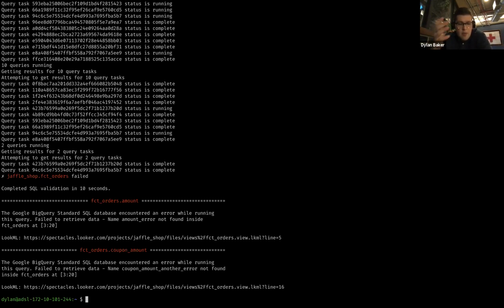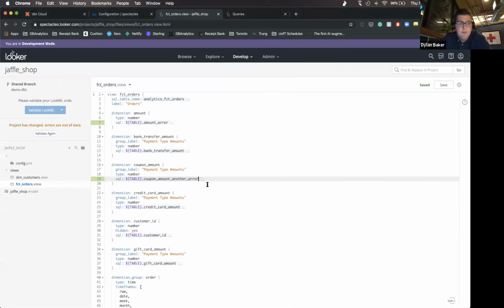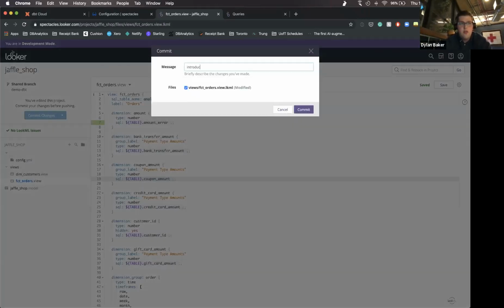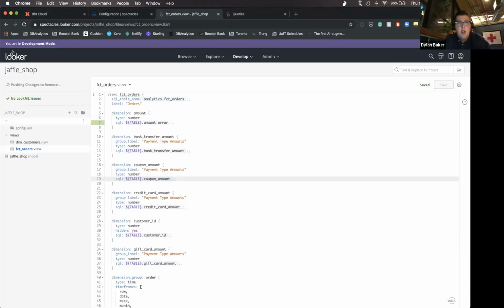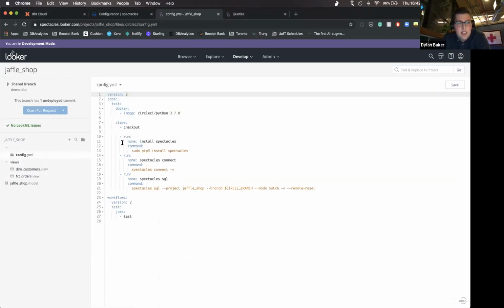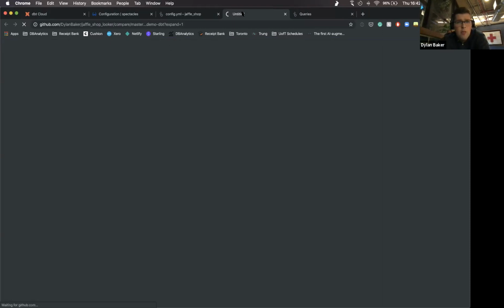So you can run this via your command line in the same way that many people run dbt. Josh and I and other people who are using the tool so far are also using it in CI environments. So say for whatever reason I was making this change and I thought that this column should be called amount error. I'm going to introduce an error. I'm going to commit it. And in here we have a Circle CI file. So you can see that we're just installing Spectacles, we're testing the connection, and then we're running it in batch mode. And so when I open my pull request,